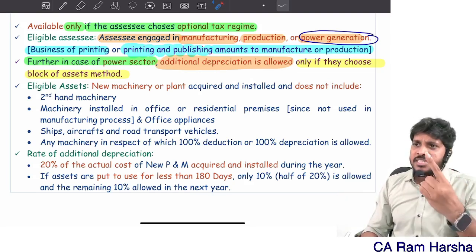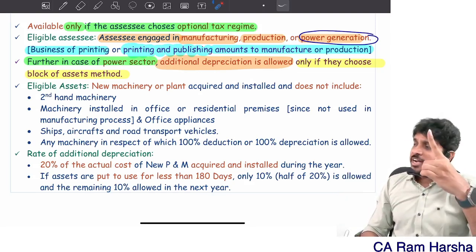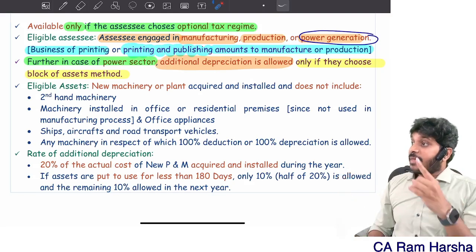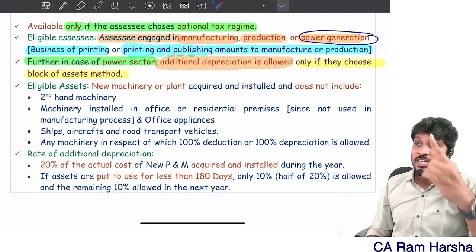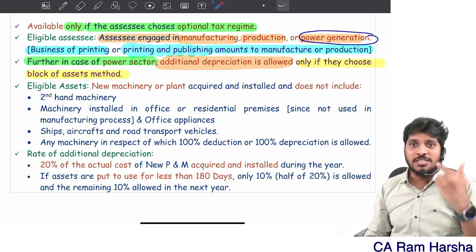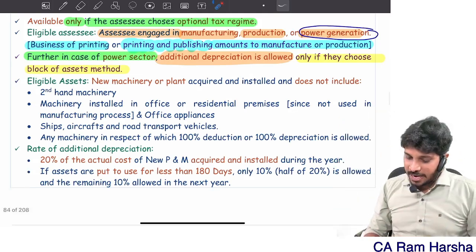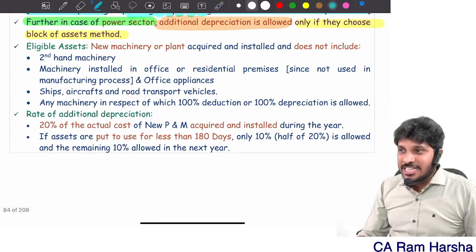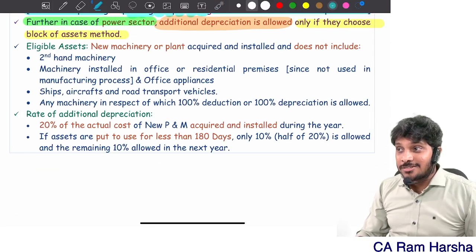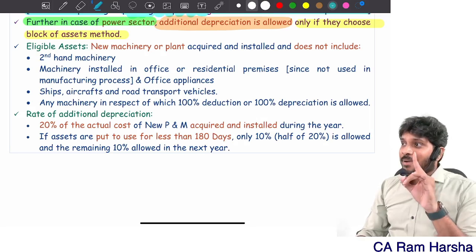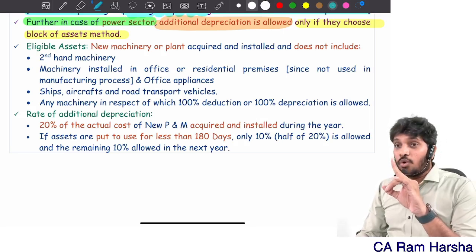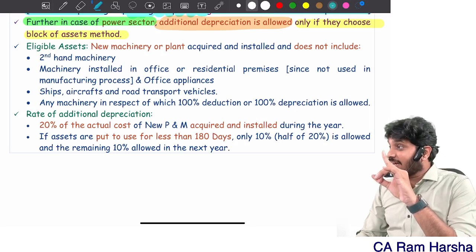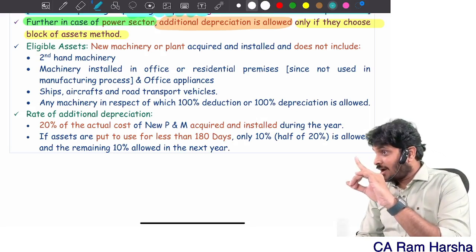For them, the business activity is treated as manufacturing. If they purchase any big printers and the like, that is eligible for additional depreciation in addition to normal depreciation. Understood or not? Next, these manufacturers get additional depreciation, right? On which assets? Only plant and machinery. Only assets that fall under plant and machinery, other than